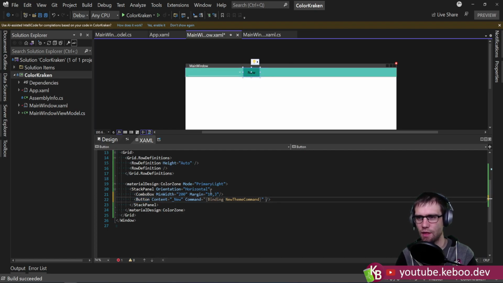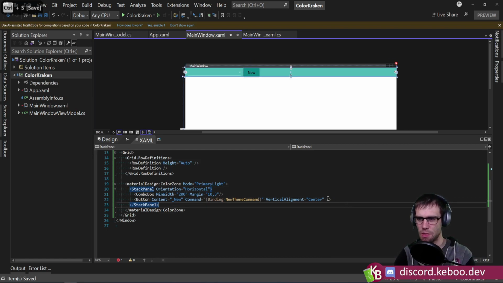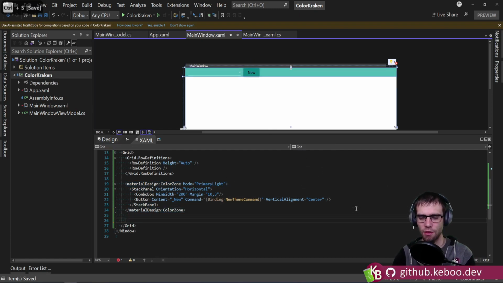And then this guy here, vertical alignment center, just to kind of bring it in. There's probably not going to be much around it, but we'll let it float like that for now. Something like that. Not bad. We might need to change the style on it, but we'll go with it for now. Okay, so there's the color zone. So then down in the main area,